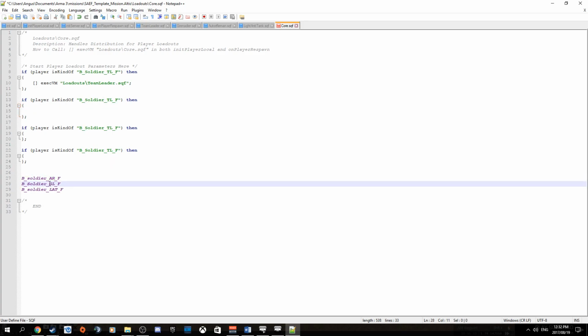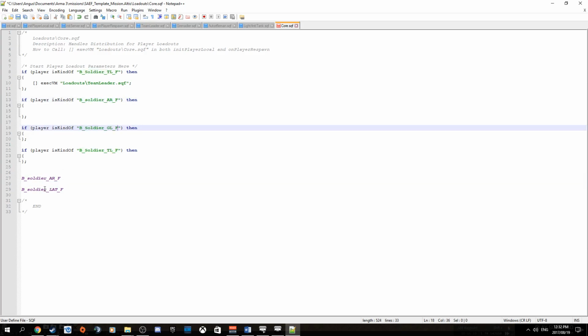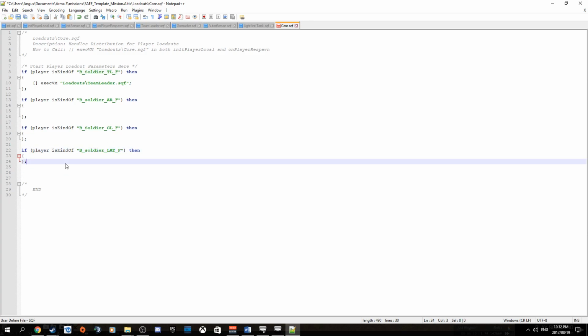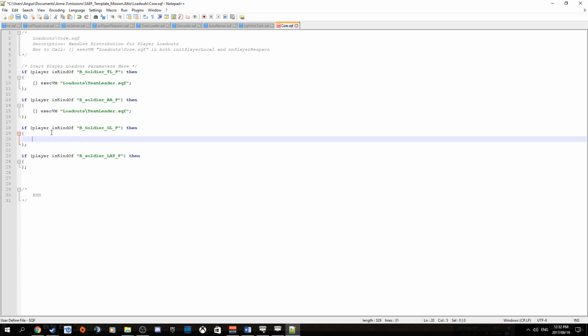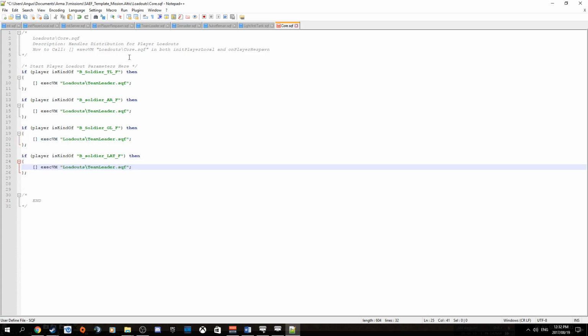But so we've got an AR, that's our auto rifleman, grenadier, light anti-tank. Ooh, no, that's not what we want there. And then we want to execute the right loadout for each of these guys. So for our auto rifleman, we have what is called the auto rifleman loadout.sqf. For our grenadier, we have the grenadier loadout, and this is the value of naming things what they actually are. And we have our LAT, which is light